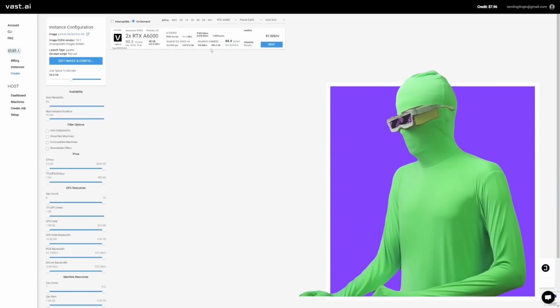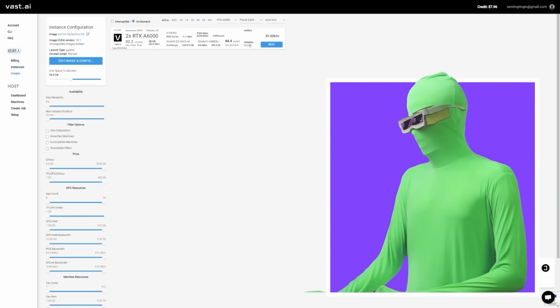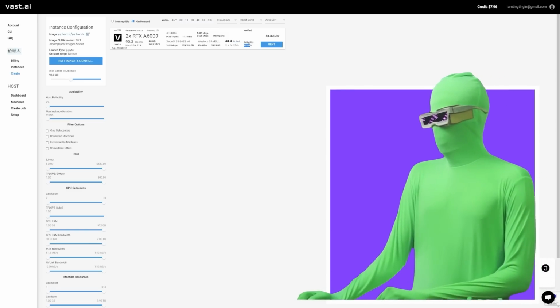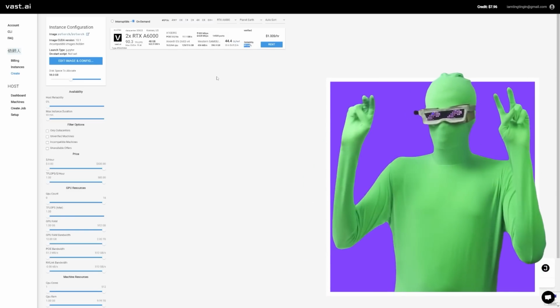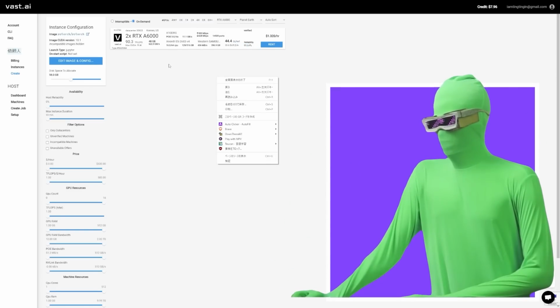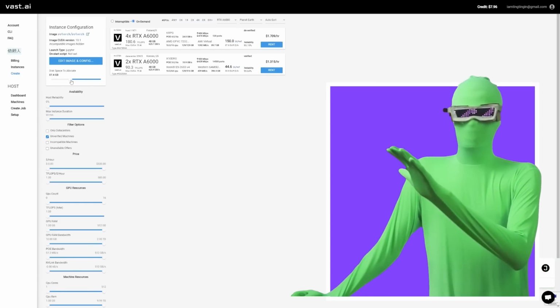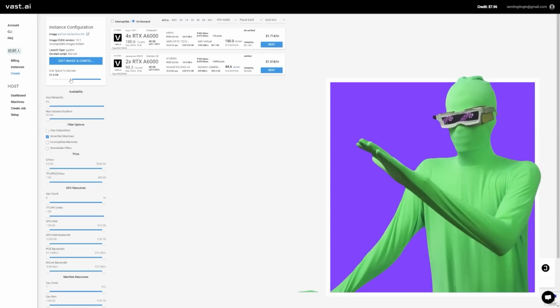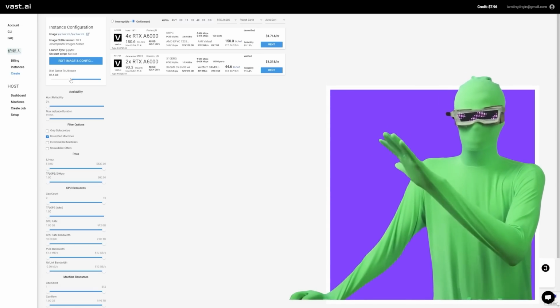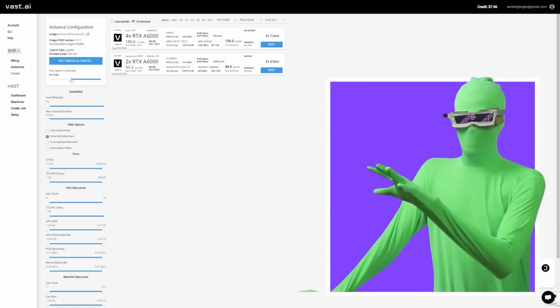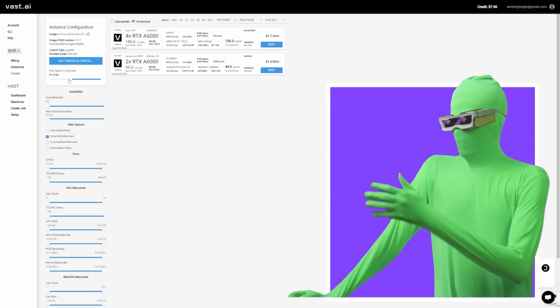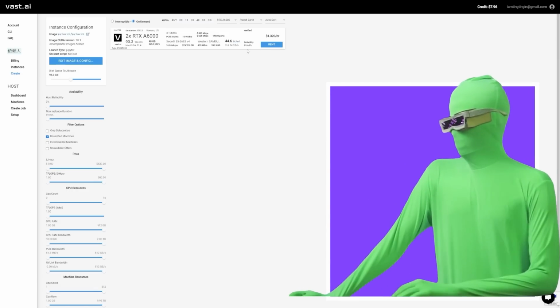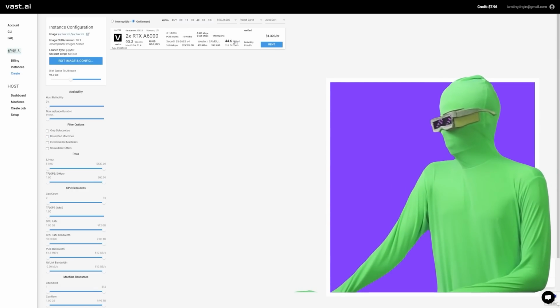The other thing you want to keep in mind, so we have the size. The other thing you want to check here is reliability. So this is how consistently reliable the machine is. Right? Make sure to set this to the amount, because keep in mind, this is not just a setting for searching for rigs. You're actually setting the amount of space that the instance is going to have in this menu. So make sure it's set to the amount that you need. So again, I'm forced to take this machine as the only A6000 one available. Okay, great. This is the one we're going to use.